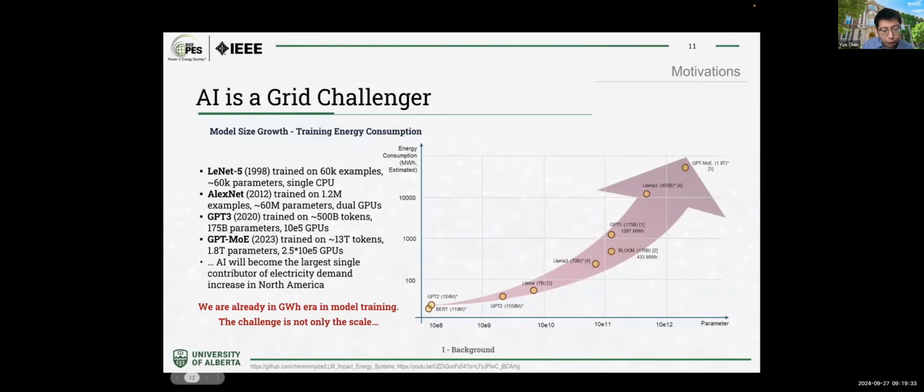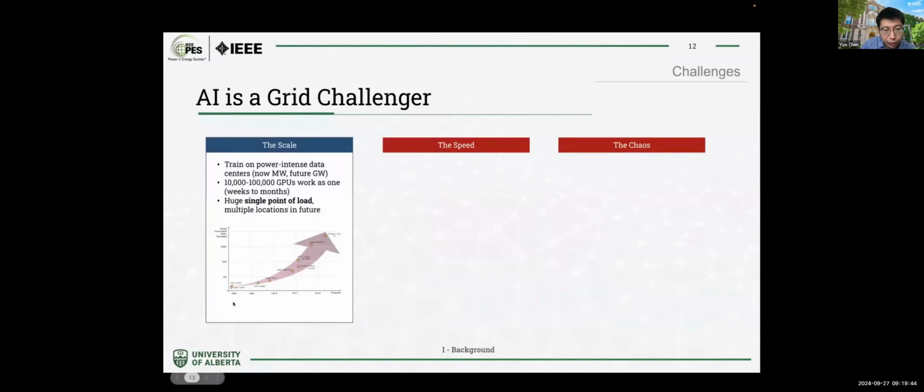And so nowadays, our data center design already tries to scale up to over gigawatts. Well, the challenge is not only about the scale. In this talk, we are looking into a more hidden challenge. So the first one, like we mentioned, is about the scale of the total energy or total power we need to supply our AI infrastructure. At the same time, we need to talk about the speed. Right now, if we are using ChatGPT or some other chatbot or generative AI applications, we really want to have the answer instantly. So within a 3 or 5 second wait, we want to get the answer, right?